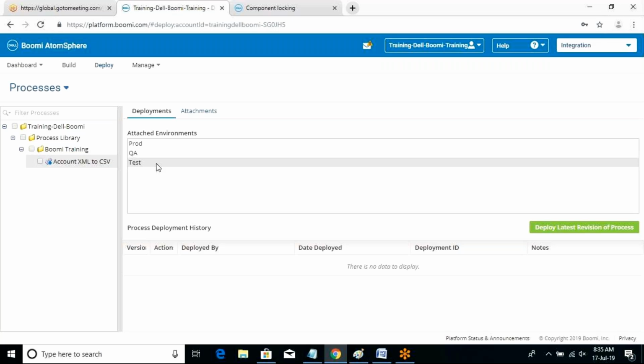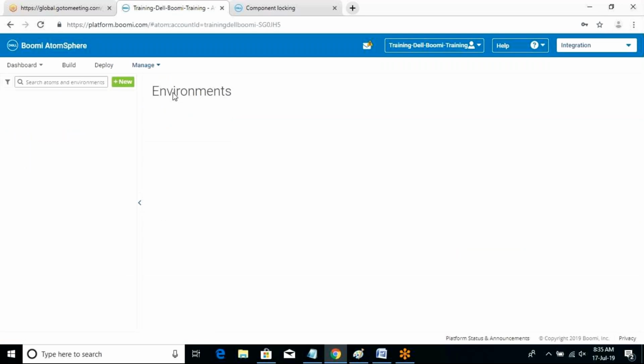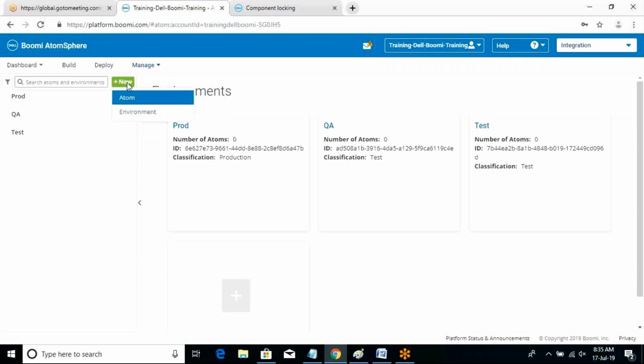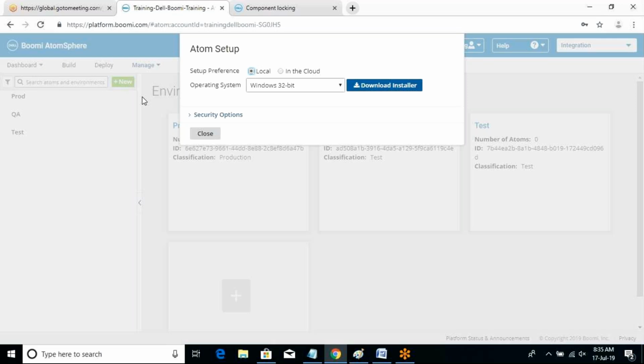Okay. Now how does it work, let's talk about it. Now you have an atom. First you need an atom, right? Do you know about atom? Okay, Venkat. The atom means, see, everything you are building is in a browser, right? How can it talk to anything which is installed on your machine, like a SQL database or a disk file or anything? So we need some agent. As I explained yesterday, we have an agent called